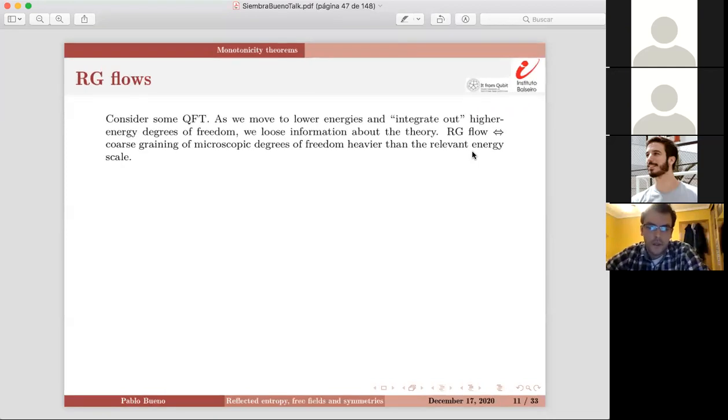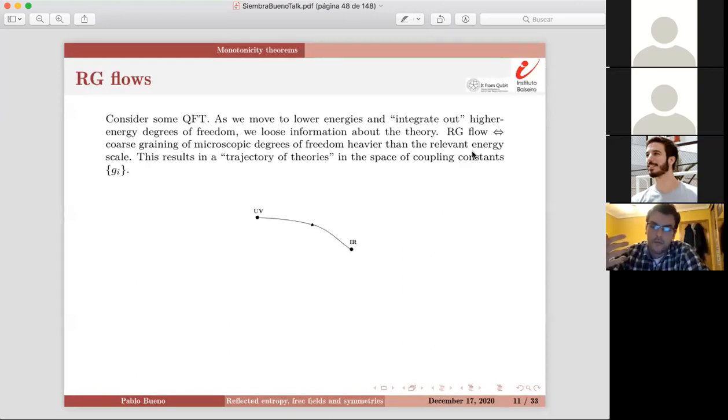So, this is what RG flows are about. It's about coarse graining microscopic degrees of freedom, which are heavier than the energy scale at which you are probing physics. This results in a trajectory of theories, and in one particular case in which we are considering quantum field theories that interpolate between fixed points, what